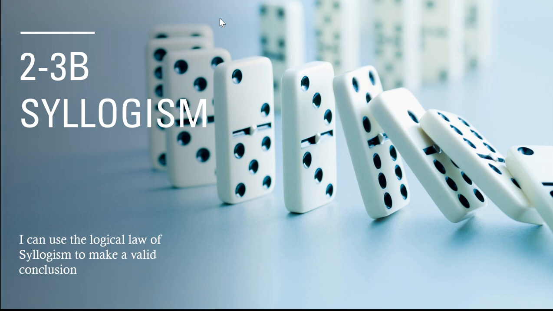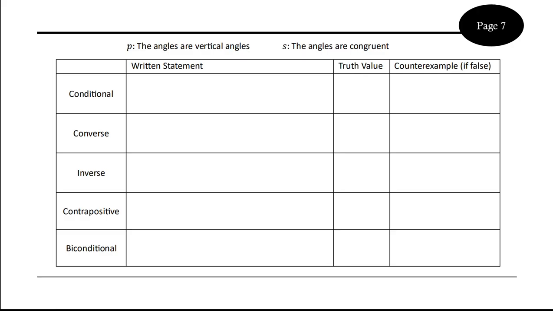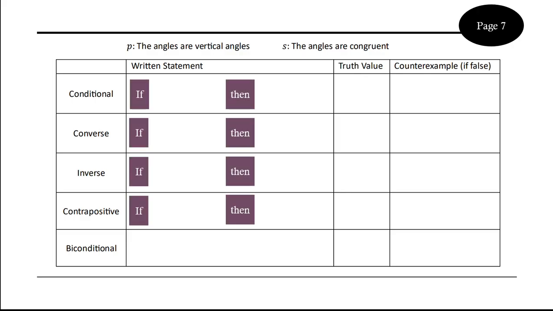So my goal for you today is to understand what that law says and also to use it to make valid conclusions. In class, I started with more practice with the conditional, converse, inverse, contrapositive, and biconditional. I recommend that you practice these if-then statements and being able to write them and being able to evaluate their truth. Know that the biconditional has an if and only if with it,